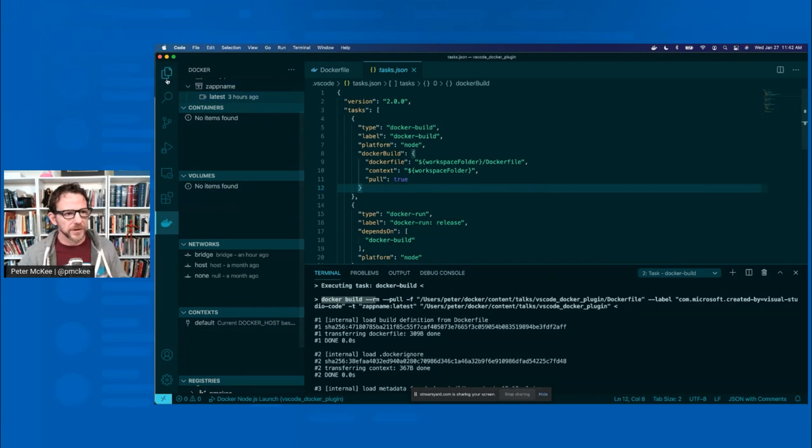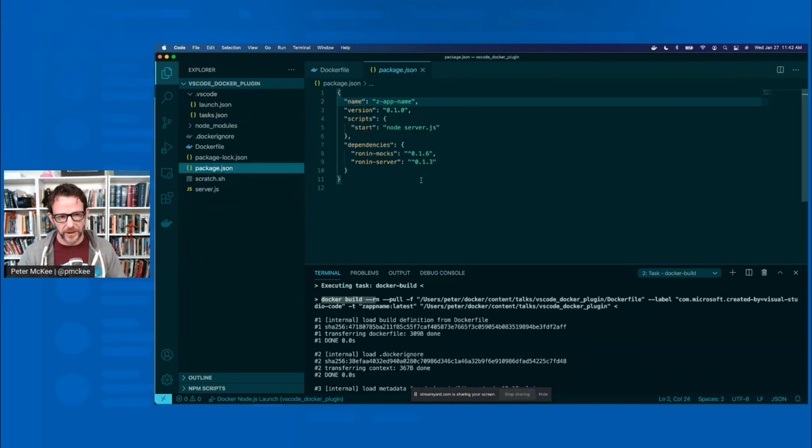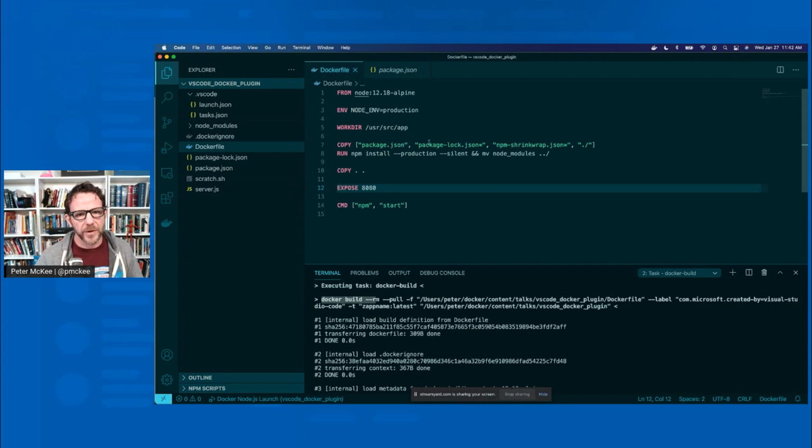Well, Docker knows that you have a node application because we set that up when we created our Dockerfile. So what that does is look in the package.json for your name in there. If you don't have a name in your package.json, it'll bump up into the directory and use the directory name. But I don't like that. This is some name that I just have from a previous demo. So what I want to do is change that.